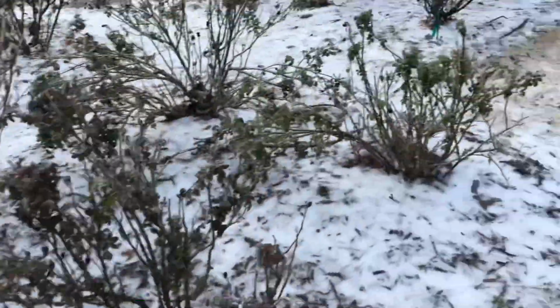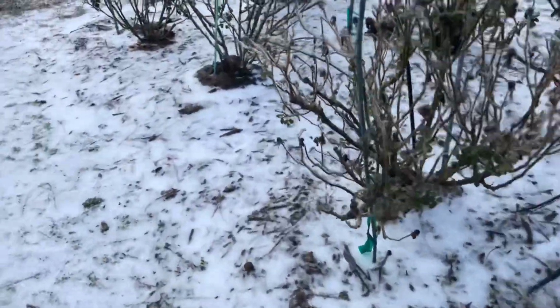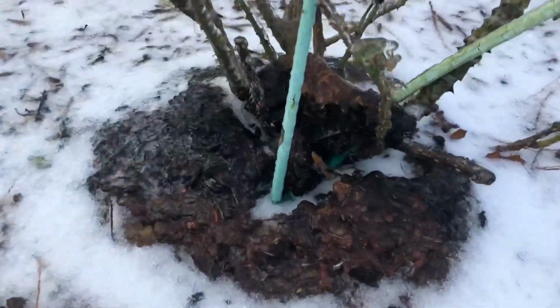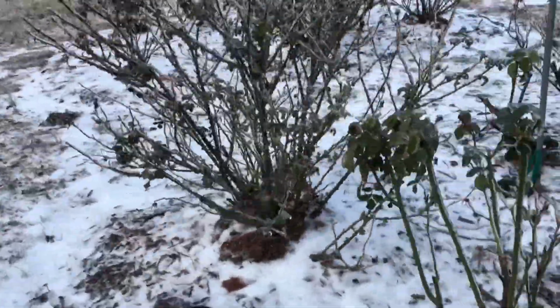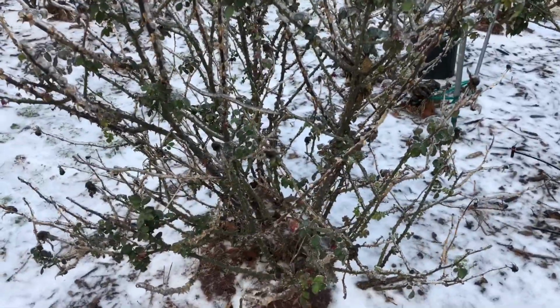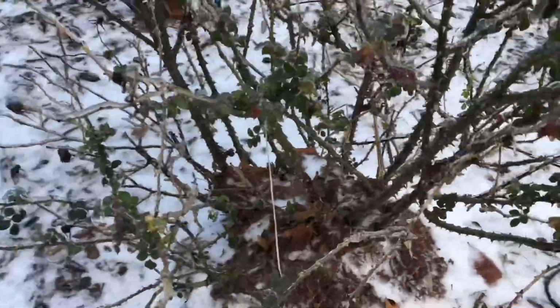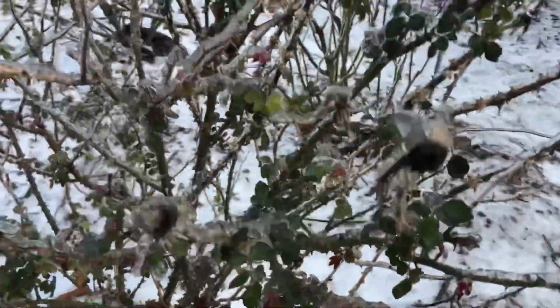But I mentioned in the beginning the compost leaf mixture, and you can see how it looked. It'll help if we get in the teens tonight, protecting the bud union. Obviously it's frozen solid now, but some of those more tender roses like Marilyn Monroe. Sorry about that, my earbud fell out there with the wind. The tender one like Marilyn Monroe, that should help it. And even the ice will protect some of these